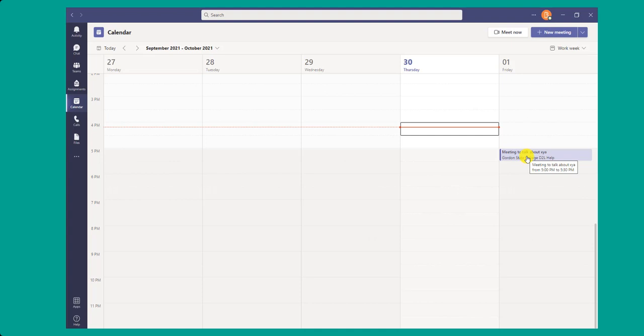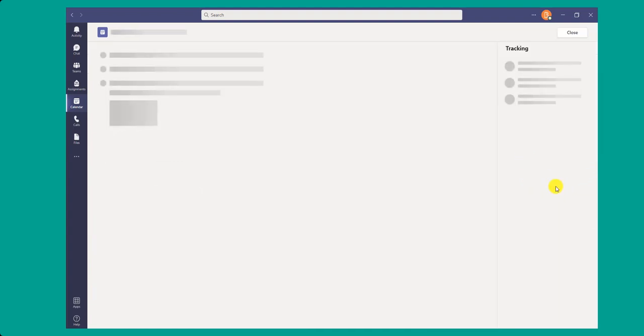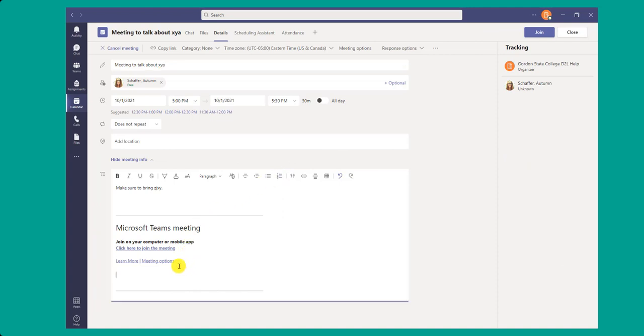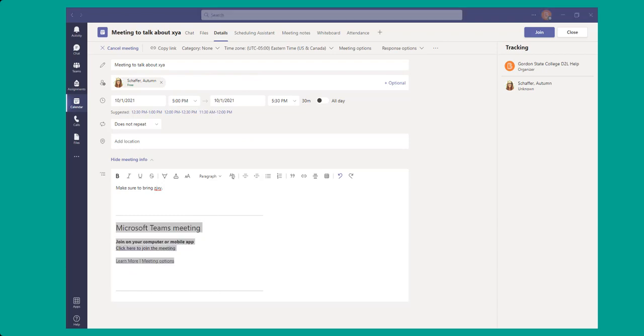Now, once I've done this, notice I can double click on this again, and it gives me this information. So from here, what I can do is copy this and then put this in D2L or email, and email it to a large body of people rather than having to type in every single one of their names. Notice also that